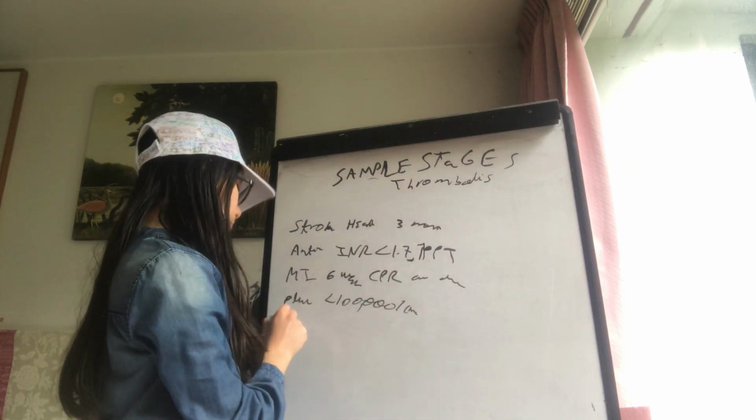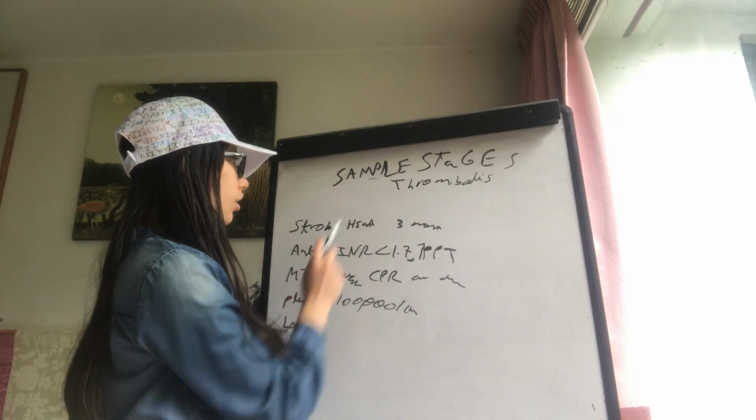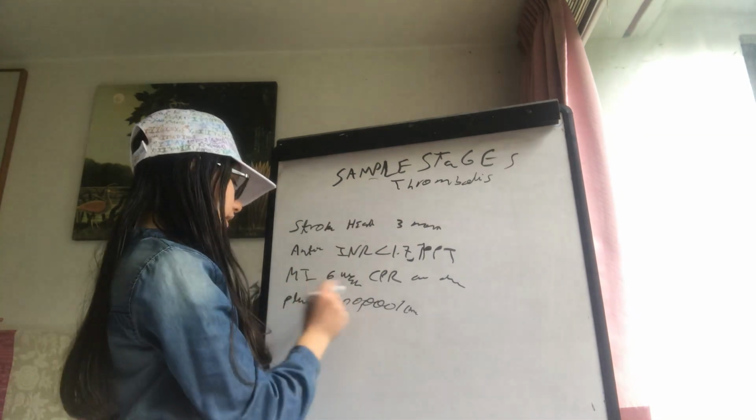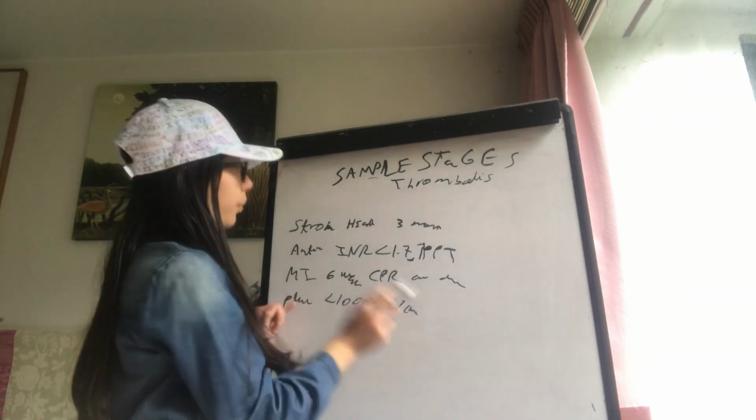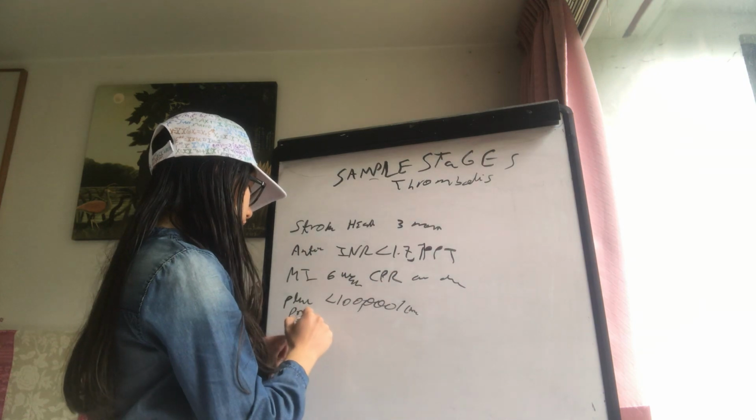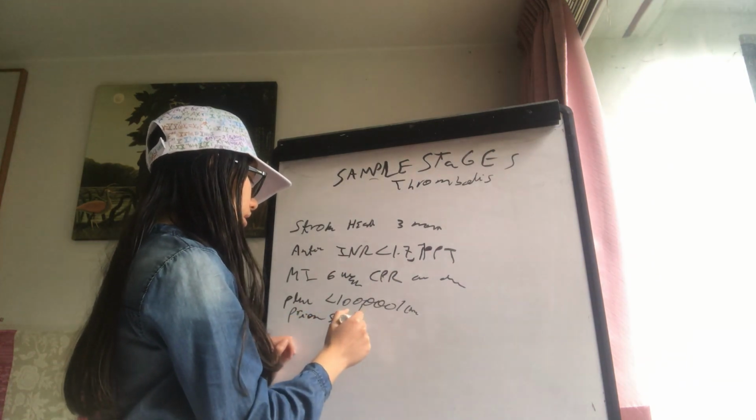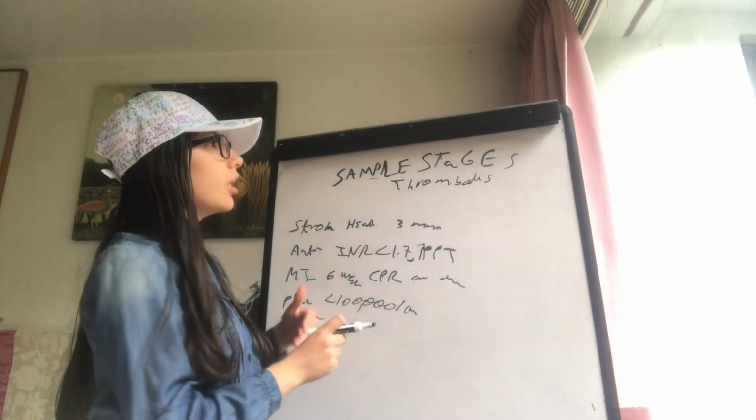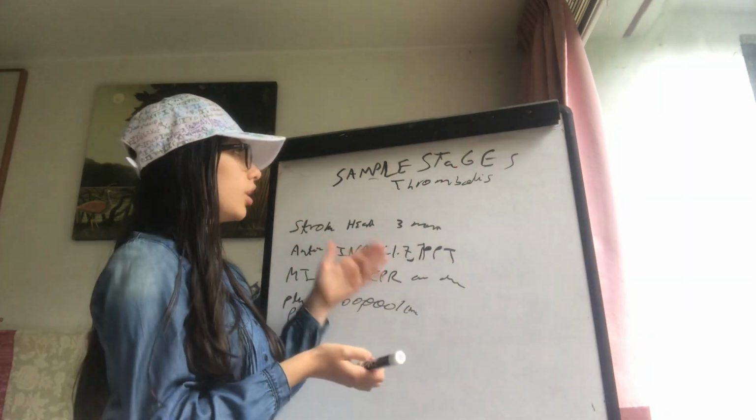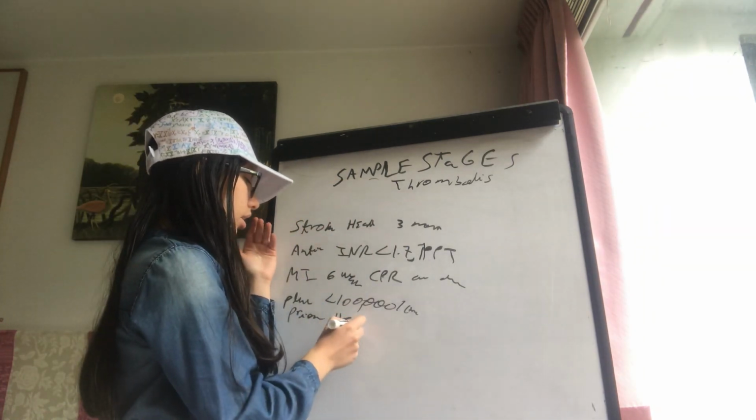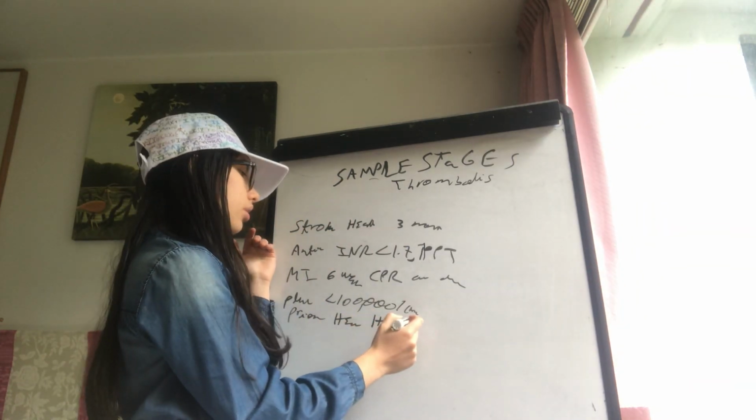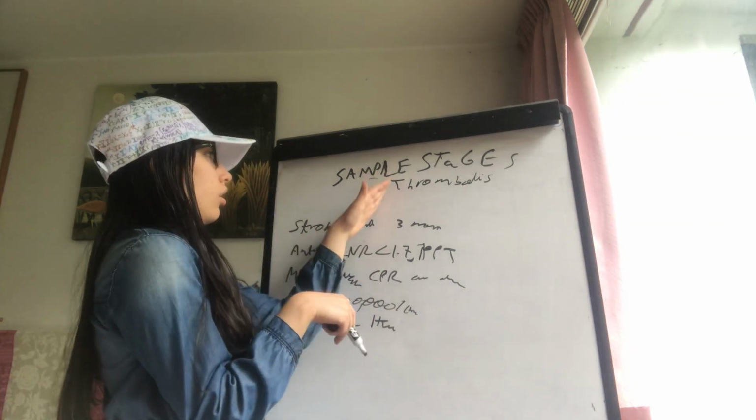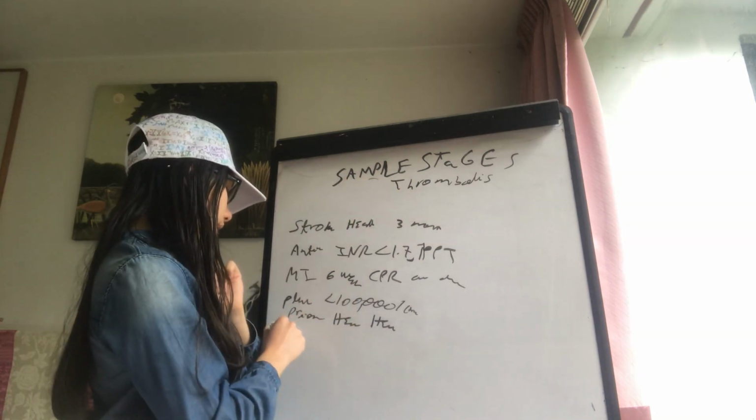L for low platelets, that is this, and the P is for prior surgery, or prior head hemorrhage. In this case, we could say prior hemorrhage of the head. Then E, it is elevated